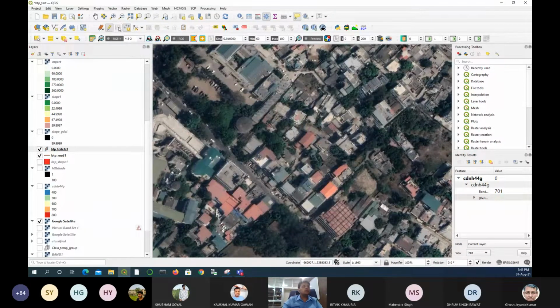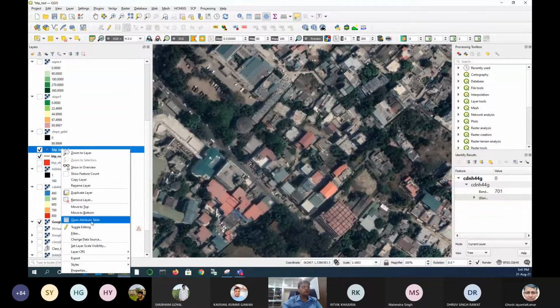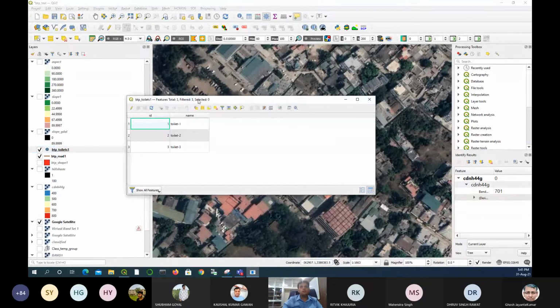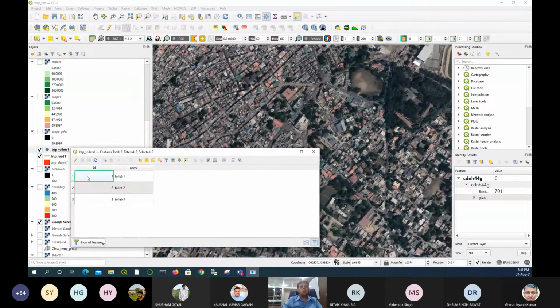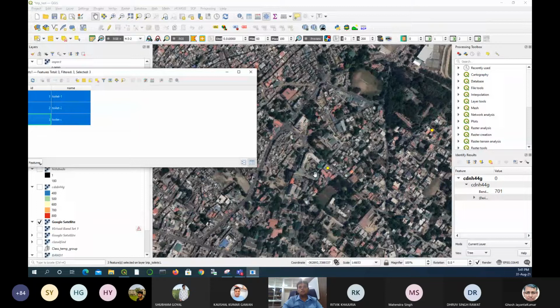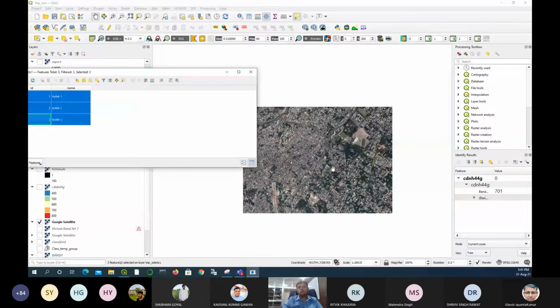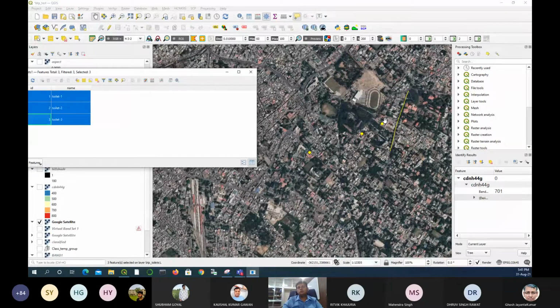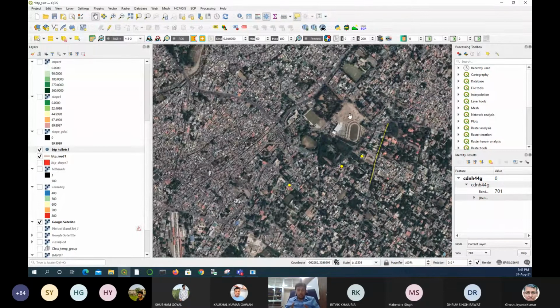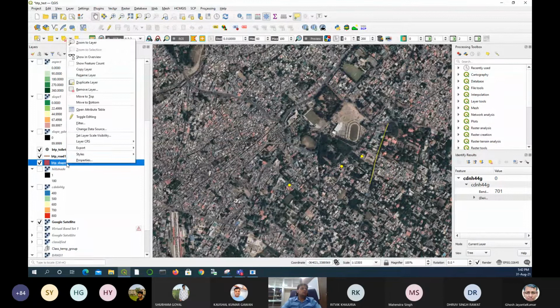Now we can save, stop editing. And when you open the attribute table, you can highlight all of them, like toilet 1 is here, toilet 2, or maybe you want to highlight all three toilets. That's how you see here 1, 2, and 3. So you might have to create a map showing all the roads, the toilets and the open fields. That's how you can create it. So let me do it for you.